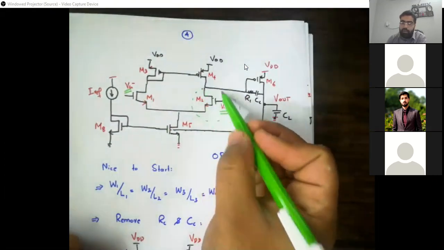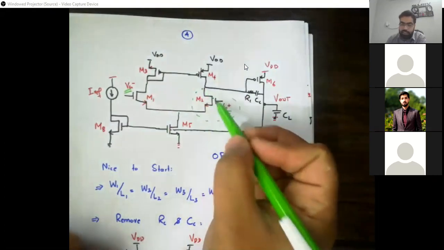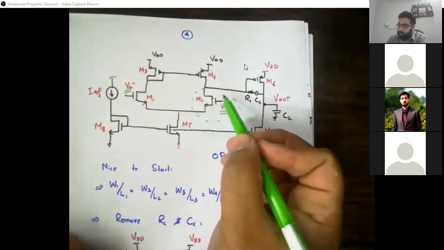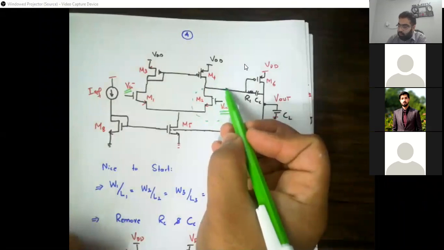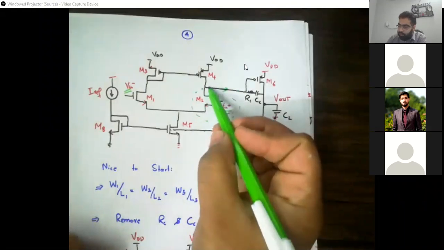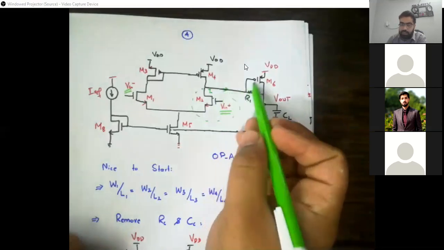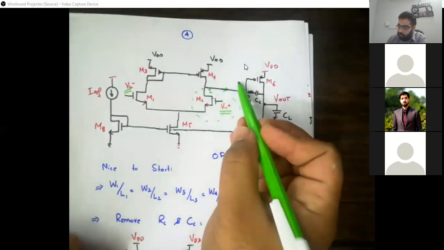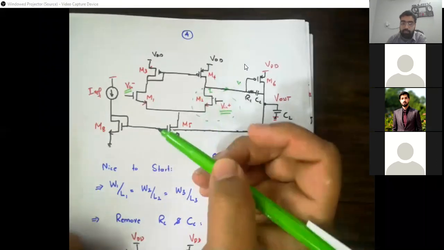ये क्या है? A differential common source topology. ठीक है? Common source degeneration कहना चाहें या common source आपके पास ये topology है. तो ये एक stage हो गई. The signal will come here. So voltage will convert into current here. यहाँ से जब current आएगा, this current is going to see some resistance. वो resistance से दोबारा voltage convert हो जाएगी. So again we have some voltage here. ठीक है? तो अभी हमारे पास एक stage की बात हुई है.